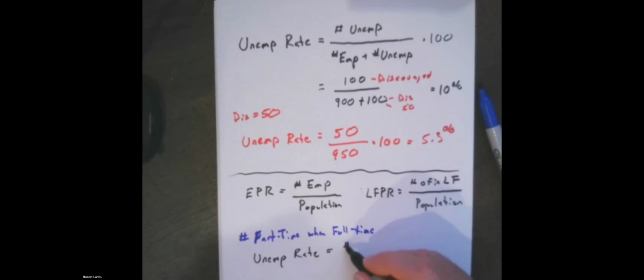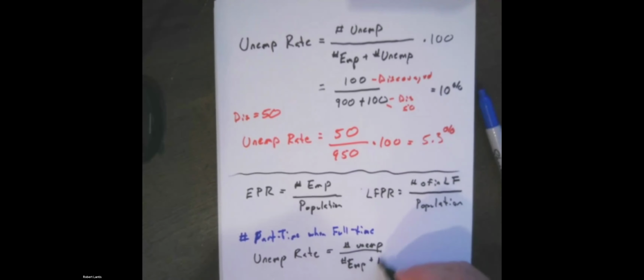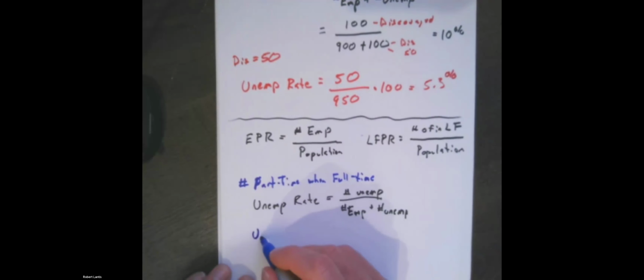once again, that's the number of unemployed divided by the number of employed plus the number of unemployed. Well, these people are still employed, so there's going to be no change in my unemployment rate either. The only thing that's going to change when I have this situation is when I'm calculating my underemployment rate,